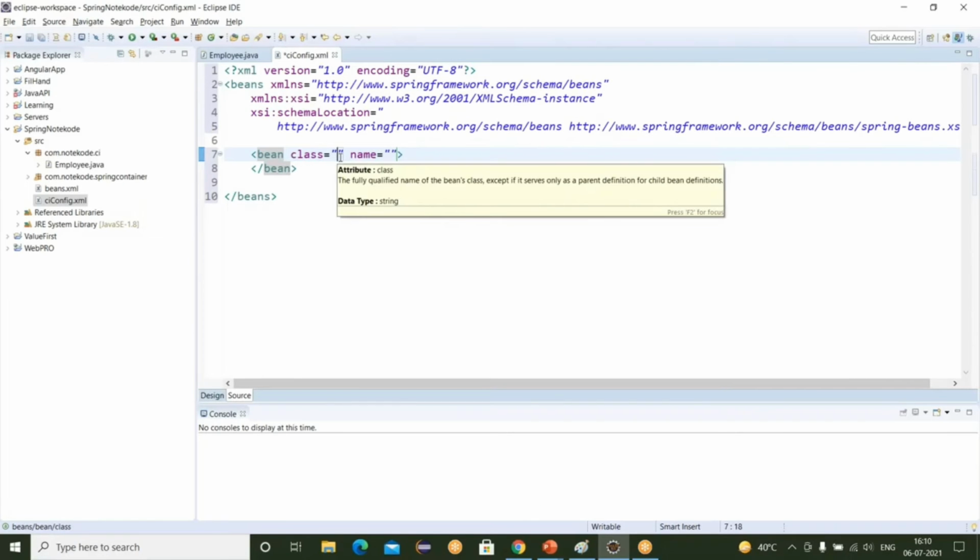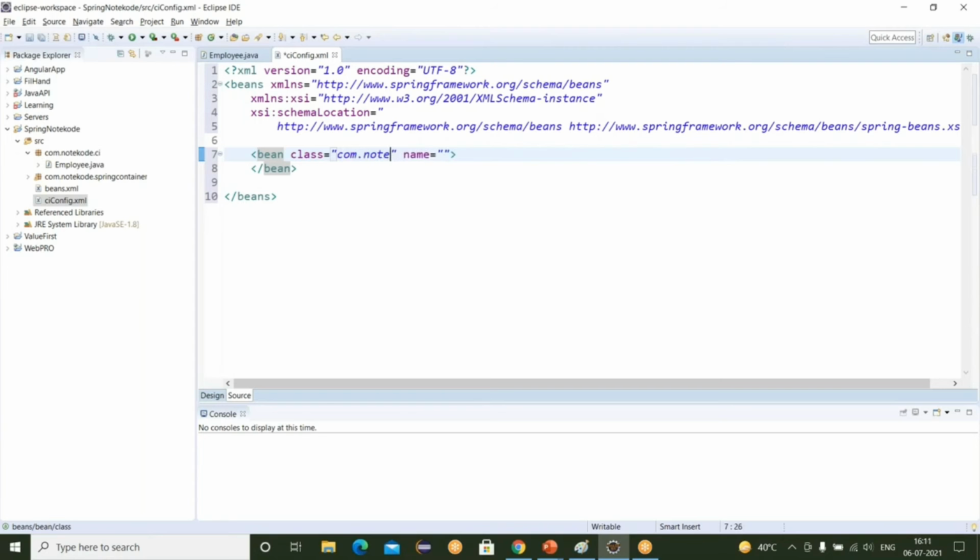So here we have to write the class name with the package name: com.notecode.ci, and our class name is employee.